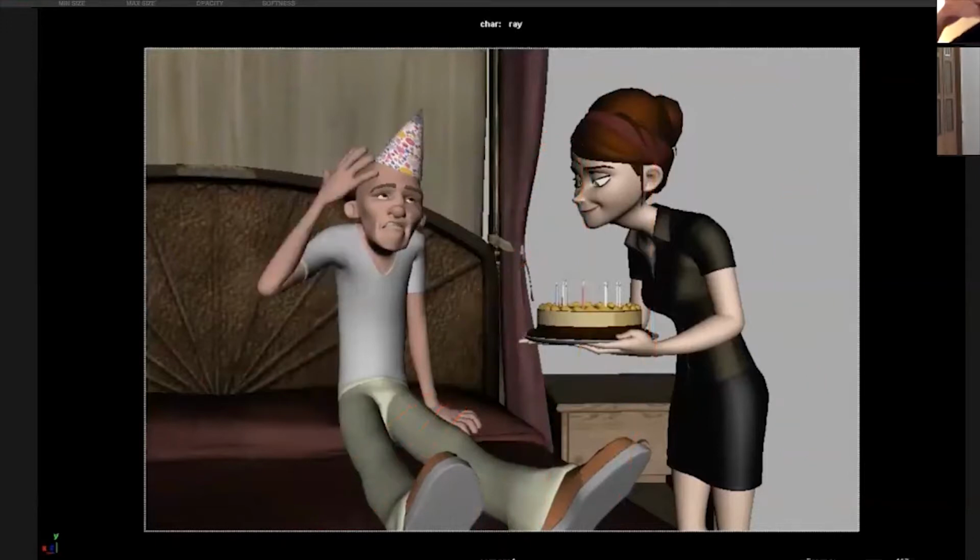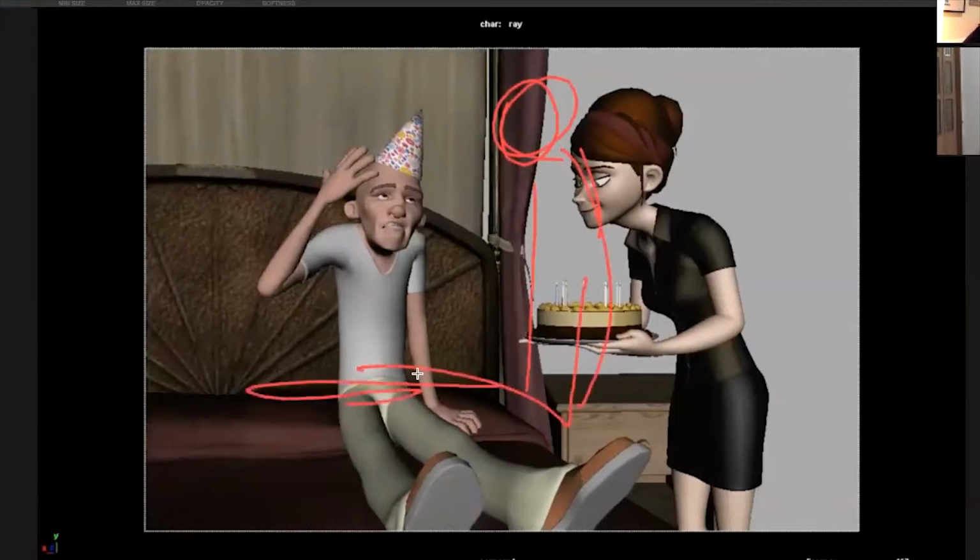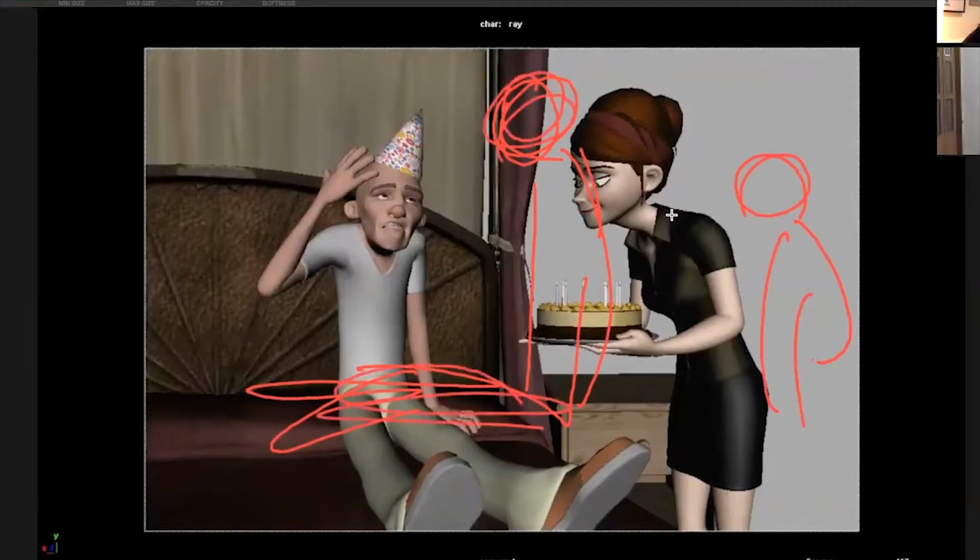And then status-wise, the height as well can give you power. So you can have the camera favor him. He can be really high in the scene here, and she can be really low here. So now, not only does he have the power, he's also taller in the scene, he's taking over the actual scene, and he's facing away from her. So it already tells you a lot of things going on there. That's why bosses sometimes have a higher chair, because they want to be above everybody. It's a whole body language scheme.